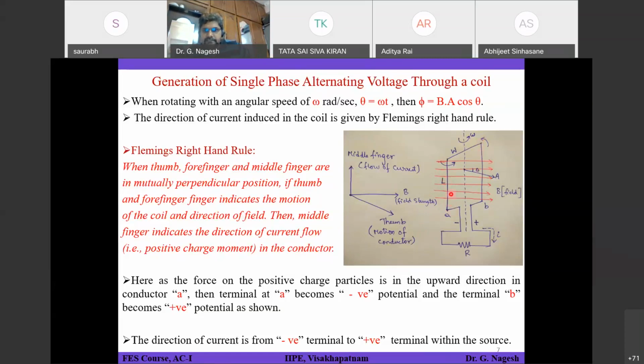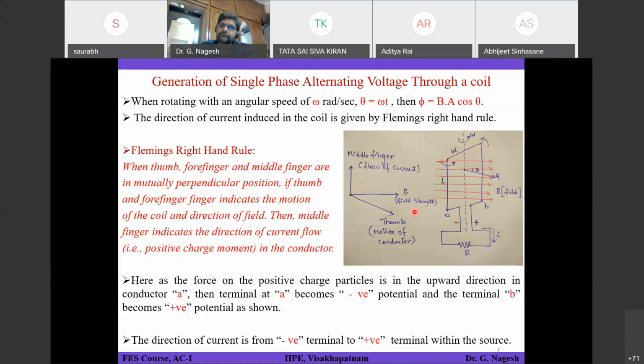That means it is flowing in this direction, going in this fashion, and coming out of this. And the circuit is closed, so it is flowing in this fashion. Sir, that plus minus sign, is it right or wrong? I'll come to that. So the current in conductor A is upwards and the current in conductor B is downwards. Now where do we place these plus and minus signs? What do you feel? The positive and negative polarities which I have shown, are they correct or wrong?